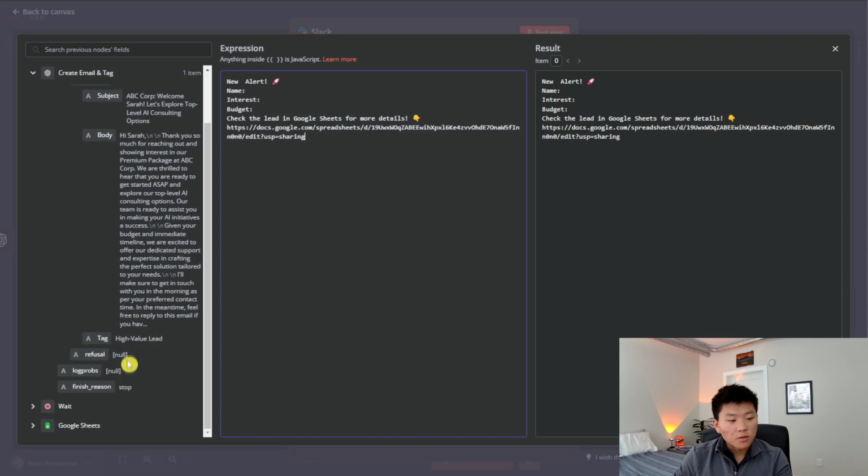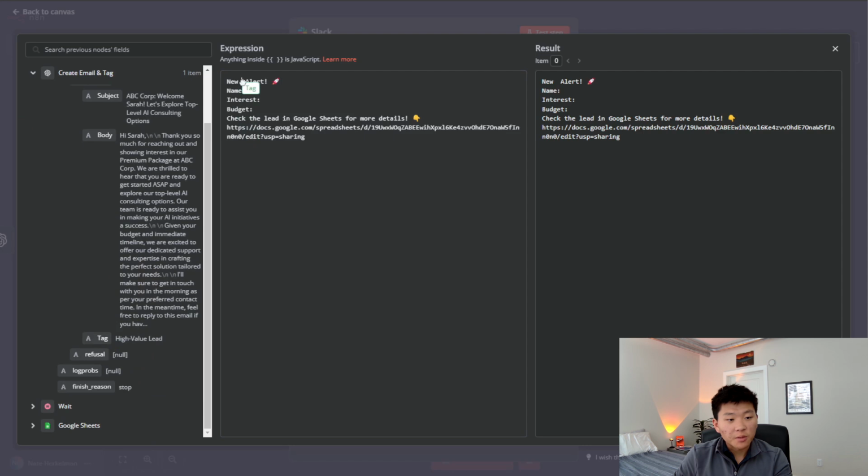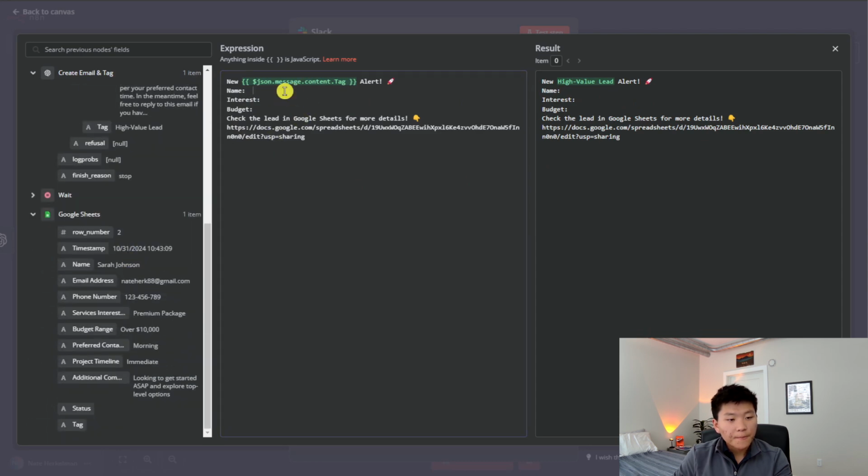So we want to go to, first of all, grab our tag from the OpenAI node. So we can put that right in between new alert. So now we have new high value lead alert. And then we need to just do the same thing. We'll grab this from the Google Sheets node. For name, obviously we're putting in the name. For interest, we're going to put in the services that Sarah is interested in. And then budget, we can just grab our budget range